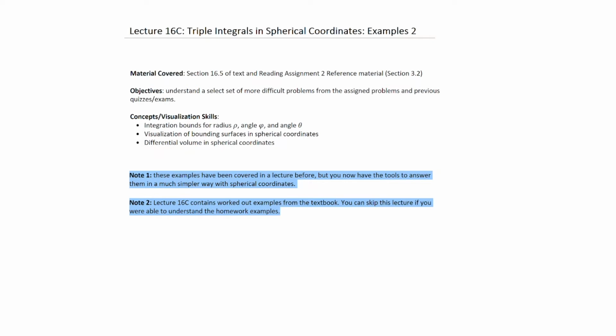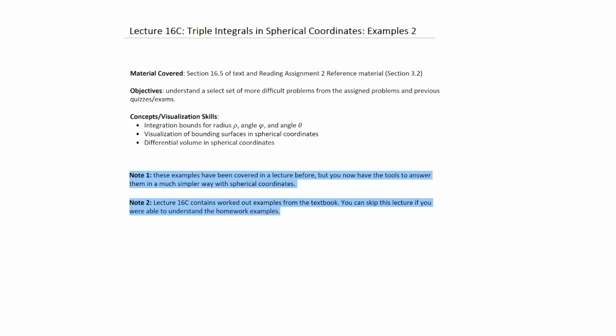I've got two additional notes here. One is that these examples have already been covered in the lecture before. We looked at some of these examples, if not most of them, in Cartesian coordinates as well as in cylindrical coordinates. But given that we've done those two, we can now also look at how you would solve them in spherical coordinates. It turns out that in many cases, they're much easier to calculate in the coordinate system